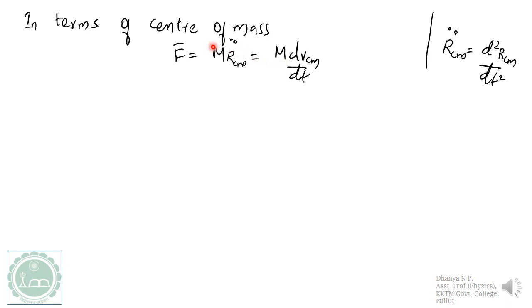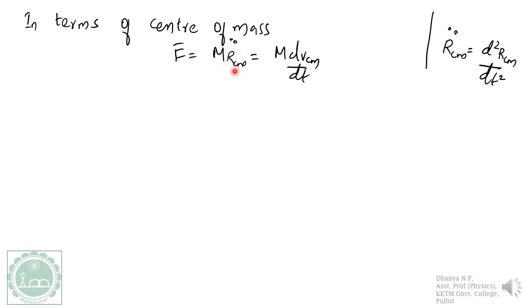And in terms of the center of mass, we can represent this equation as the equation of motion, that is F is equal to ma, m into r_cm double dot. Here r_cm is the position vector of the center of mass. We know that the center of mass is the point on a body at which the entire mass of the body is assumed to be concentrated. That is, in the case of a point mass, we will be dealing with a single point, but in the case of a whole body, the center of mass will be acting as the point mass here.